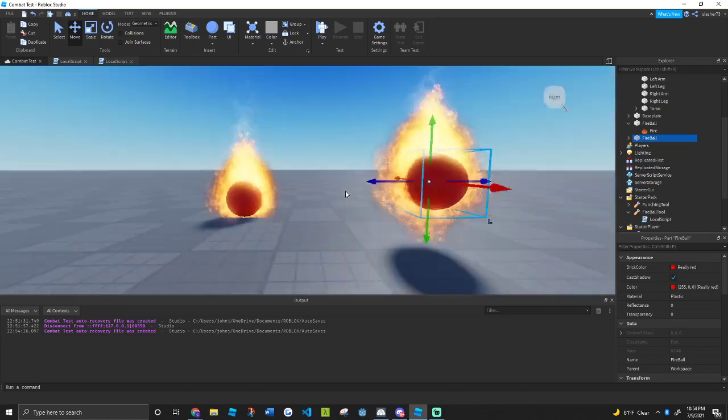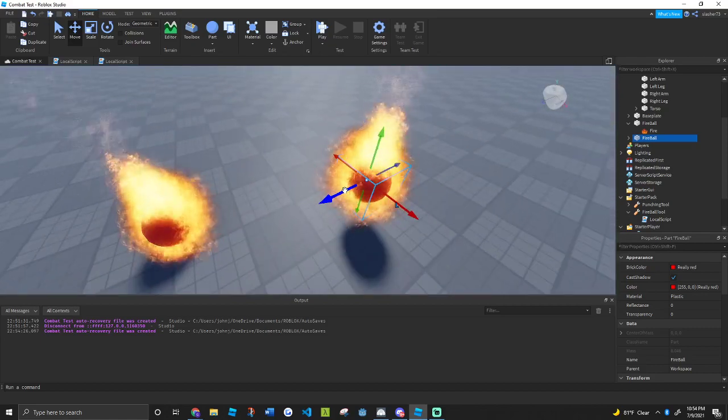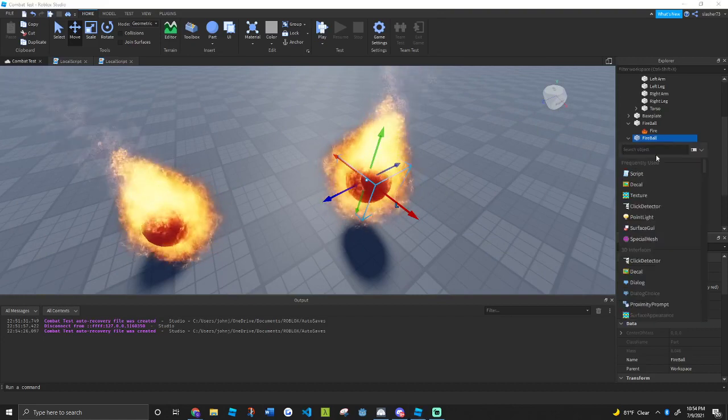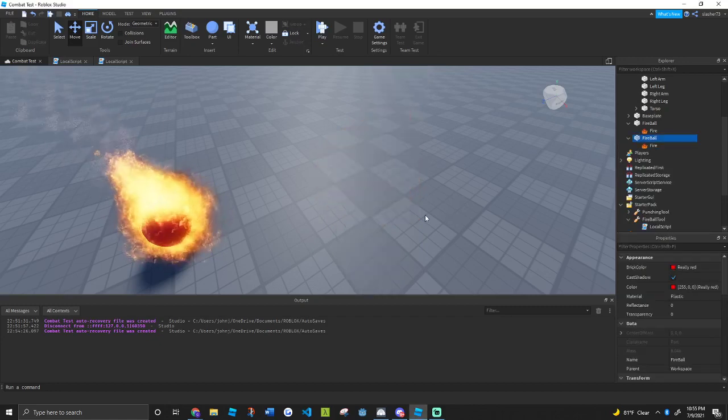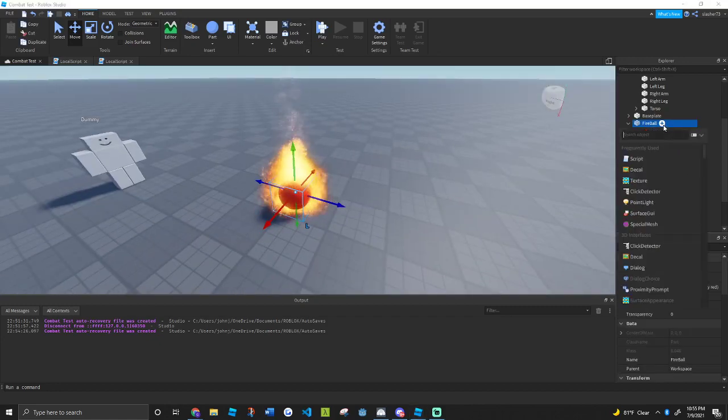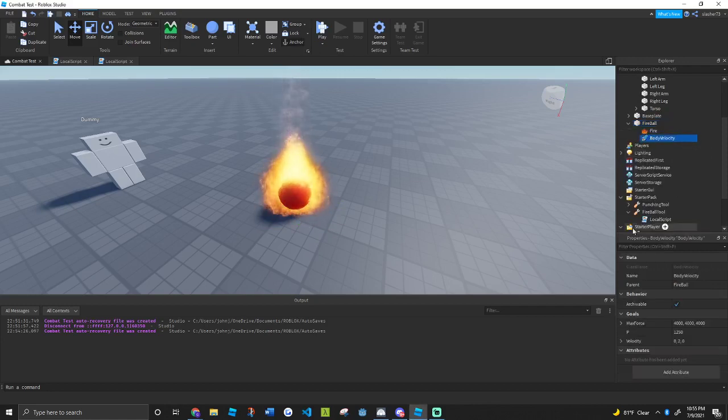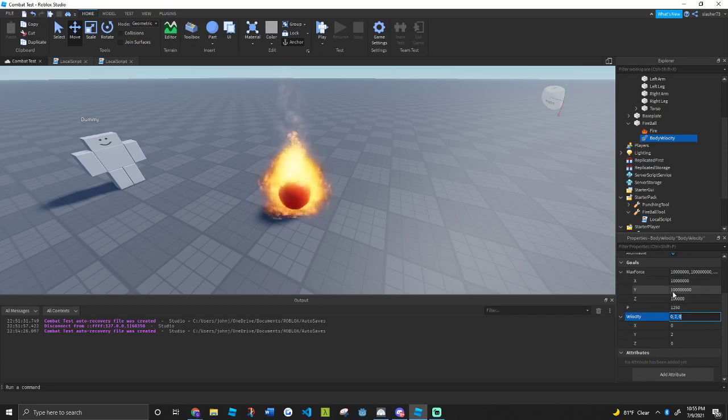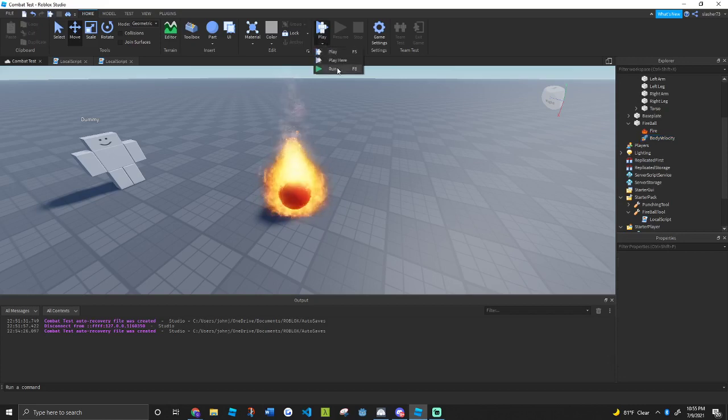To make things move, you can use an object called body velocity. I'm gonna delete this actually, and I'm gonna add a body velocity inside of my fireball. Usually for the body velocity, I just make the max force property really big, so that nothing can get in its way. Just have tons of force, and then the velocity dictates the speed and direction in which it flies. So if I run the game now,